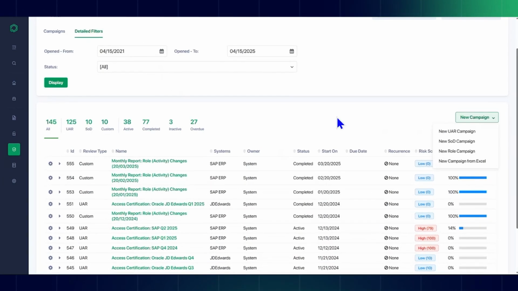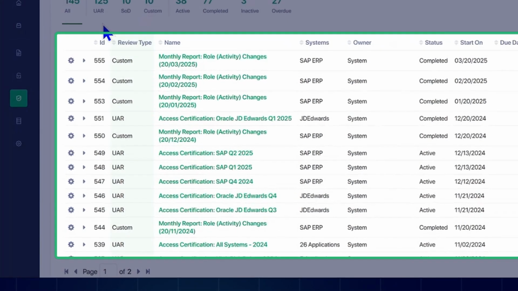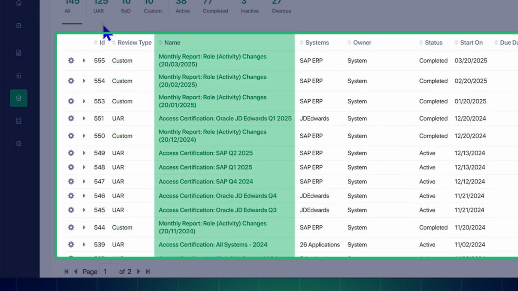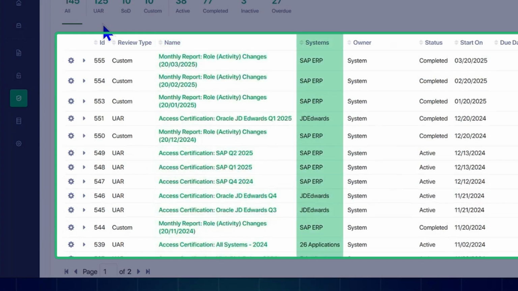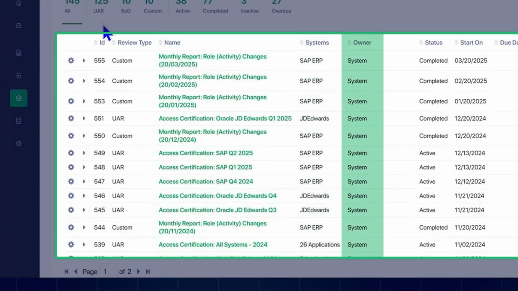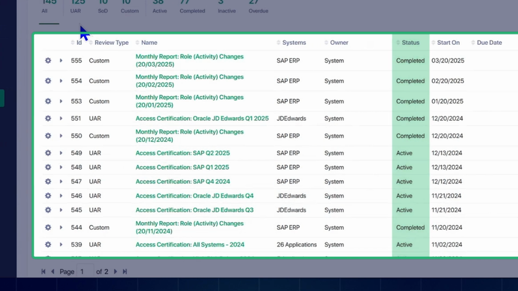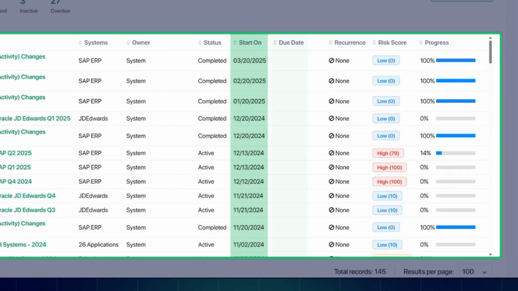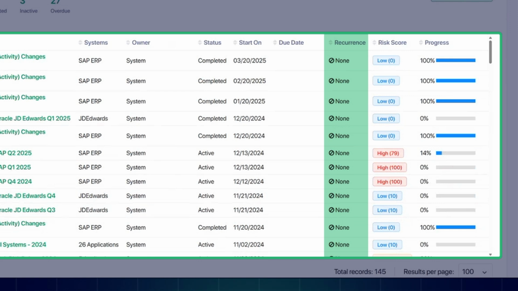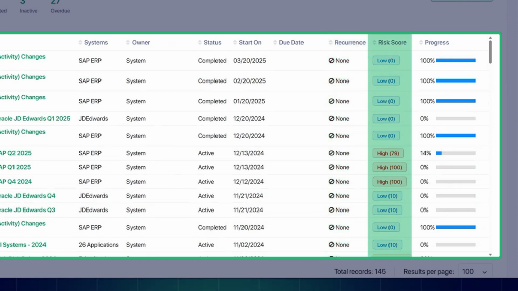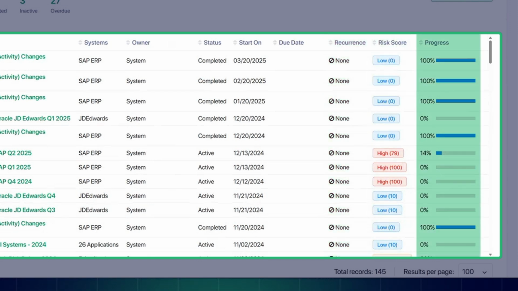for integration. Within the report itself, we can see the review type, for example, user access reviews or UARs, and/or even custom campaigns such as role activity changes or SOD reviews. We can see the name of the campaign, the systems for which the campaign is being executed, the owner, and the status. Additional information includes the start date, expected end date, if we have one, recurrence if we know that we'll be performing these on a set frequency, the risk score of the campaign, and the progress of the campaign